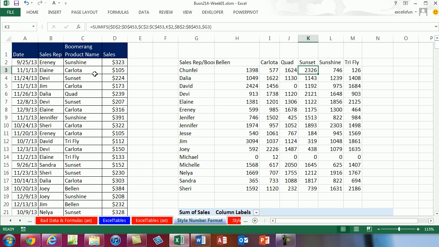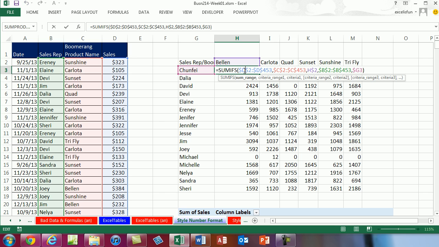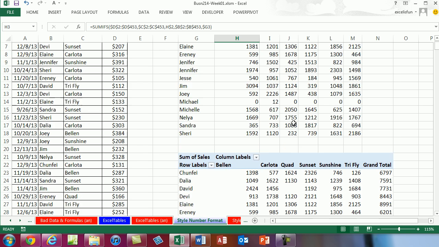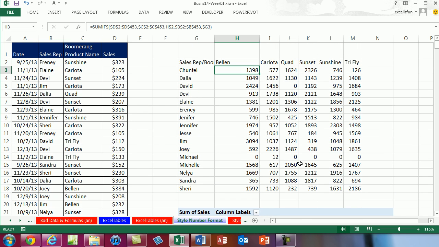All right, so here we have a raw data, proper data set. We've already created our report from raw data into useful information. And there's a formula here, and we'll learn how to do a formula like this, SUMIFS with 2 criteria, next week. But now we just want to talk about stylistic formatting and number formatting. And then we'll talk a little bit about style